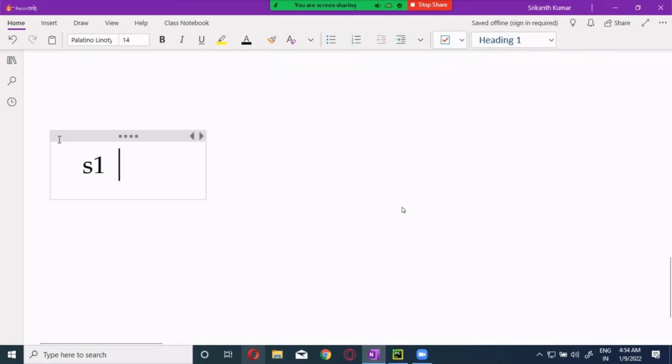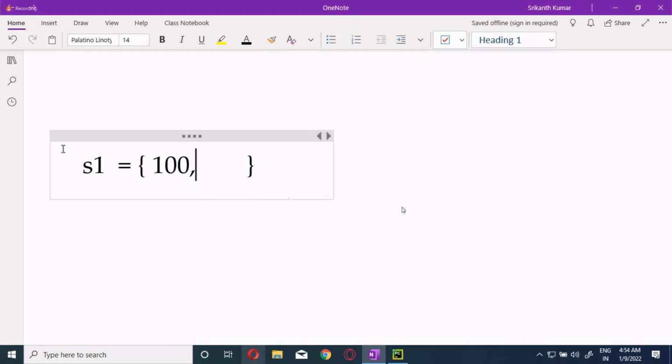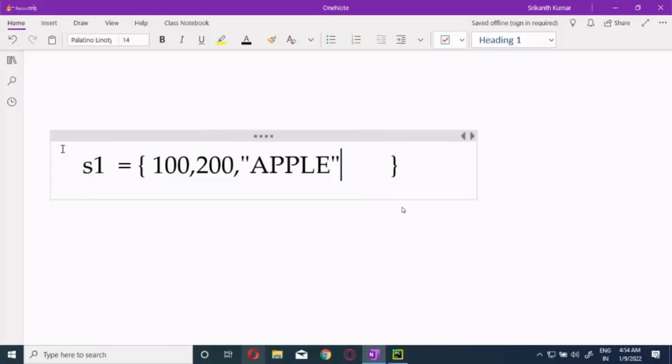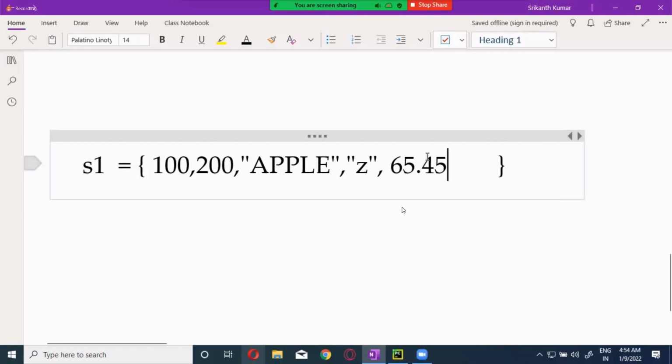Now inside the curly braces I want to put the values 100, 200, and I can put apple, I can put Z, anything like this. This is called a set.